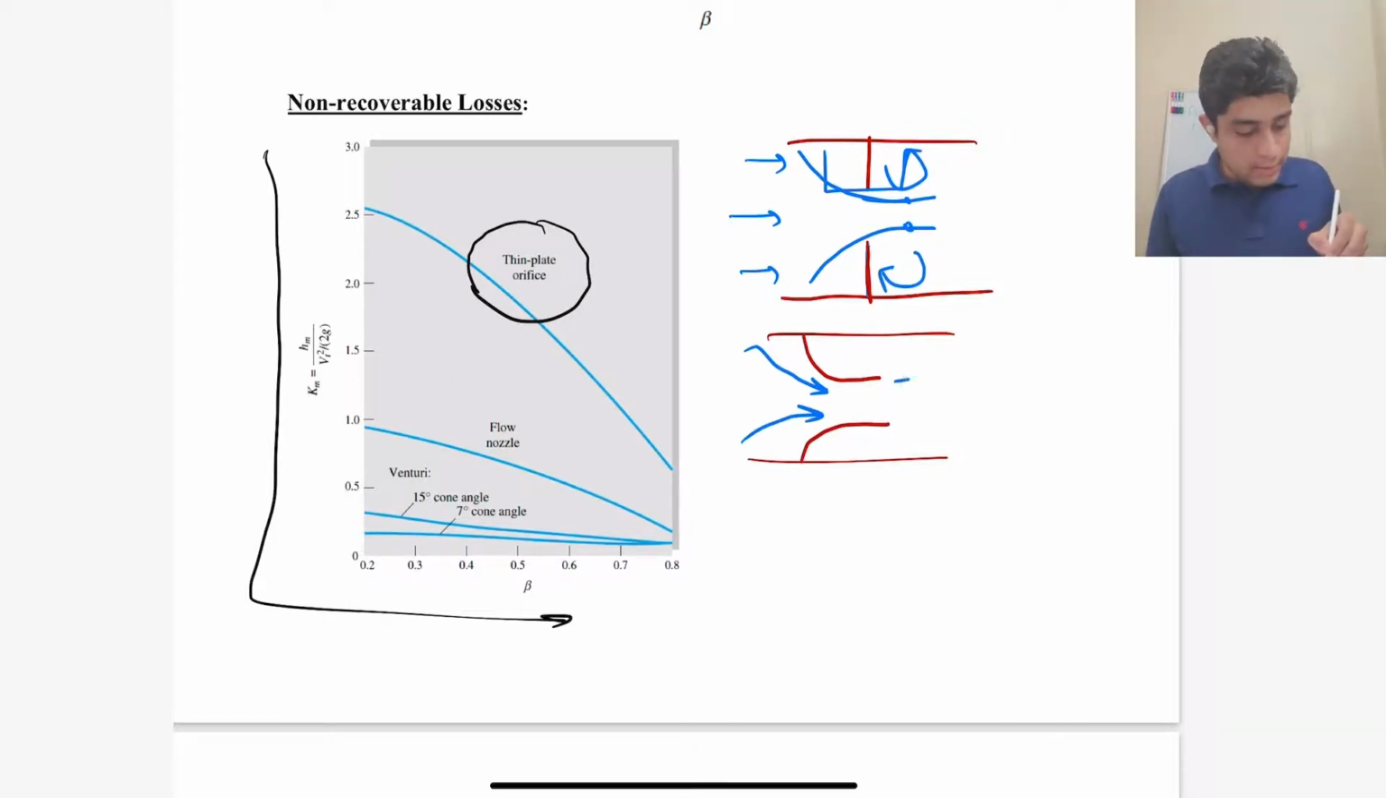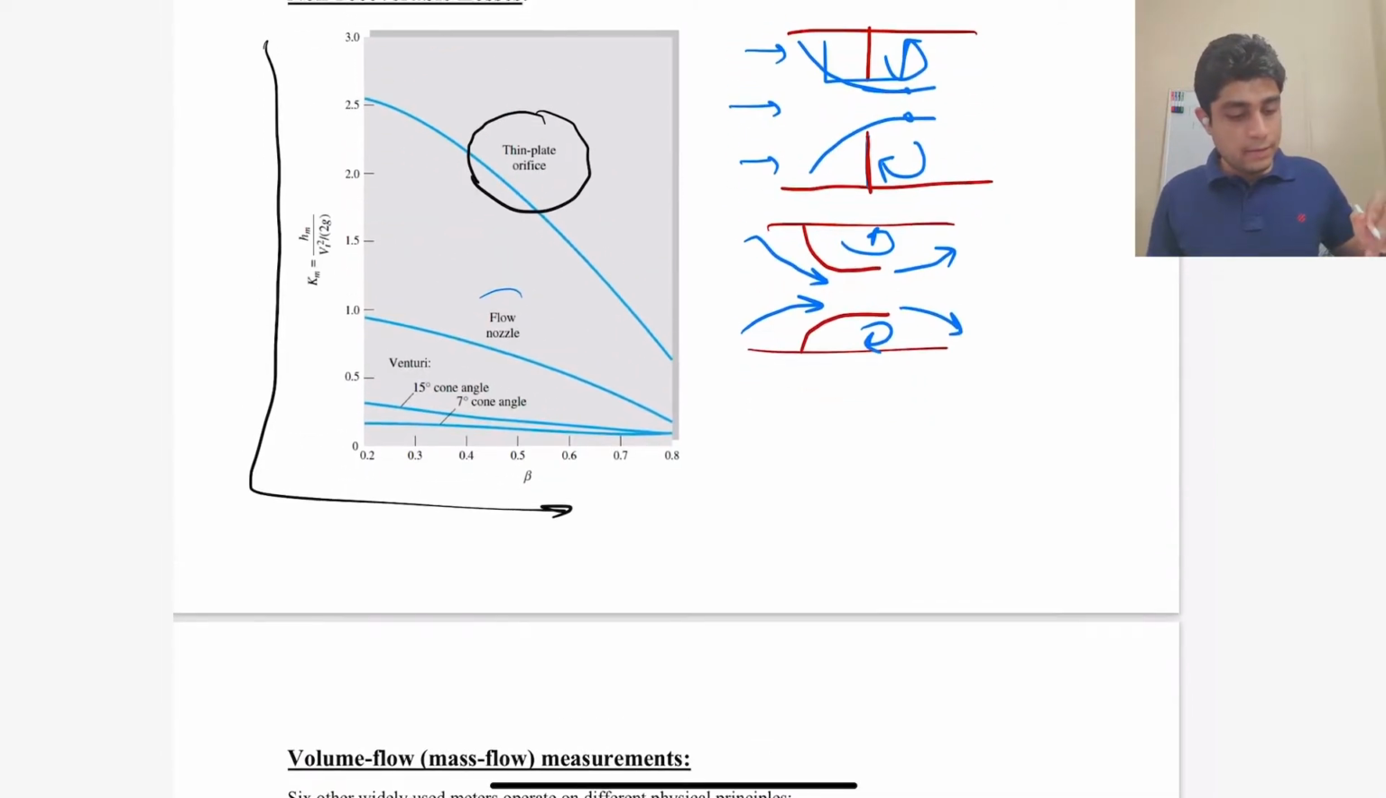But again, since the fluid expands suddenly as it comes out, the dead water regions are still present, and because of that we have some minor losses which are high, but they are lower than a thin orifice plate. And the losses are the minimum for a venturi